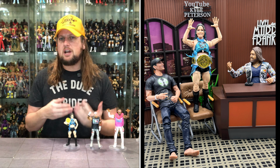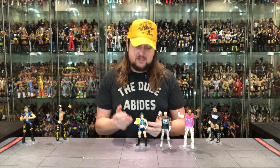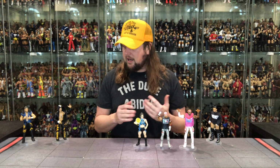And then you get some nice colors with this Lyra. A little bit pale in the skin tone color. Obviously, she's not the most tan person in the world, but still a little pale and a little weird in the head sculpt department. Constant learning, constant improvement. I think they will improve upon that in future Lyra Valkyria figures. So she's going to come in kind of in the middle there at number 4, but now we're down to